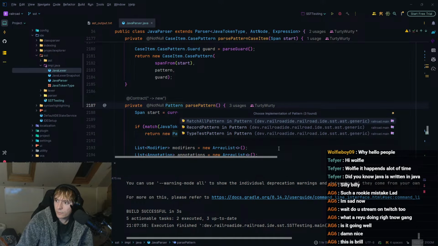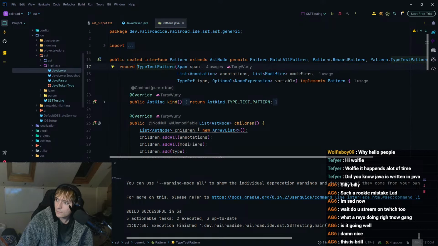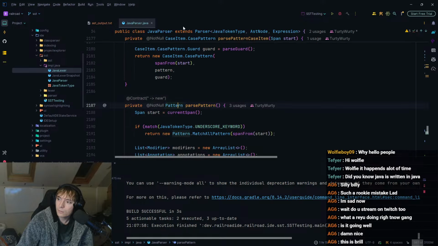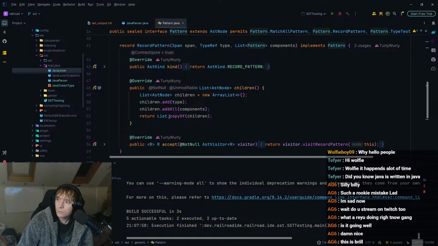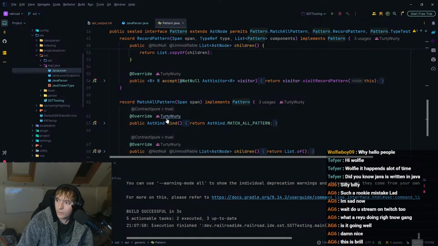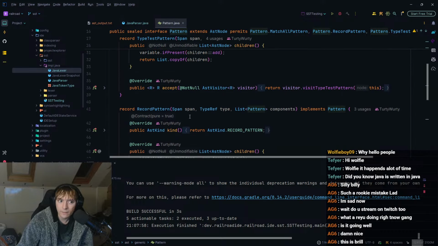If I go to implementations, we have a match all pattern, we have a record pattern, and we have a type test pattern. But it's not any of these. Right? Yeah. Wait. It's not a record pattern. It's not a match all pattern.